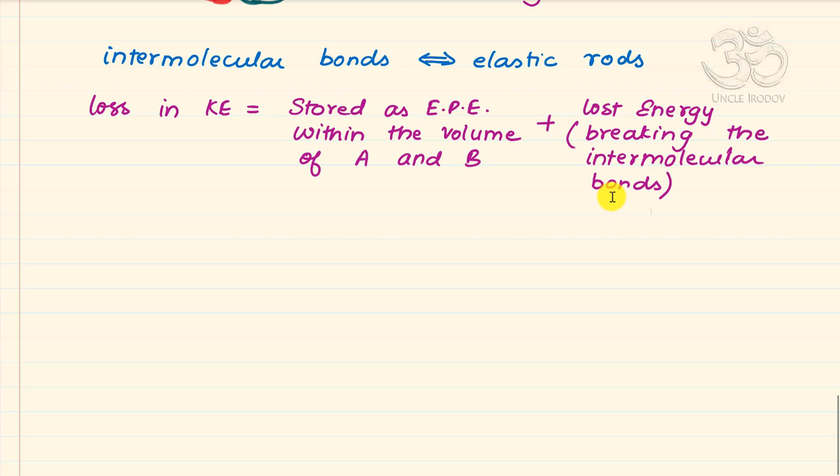Then in that case, all that energy should finally be recovered in the form of kinetic energy. So there is a case where the shape and size are regained completely,